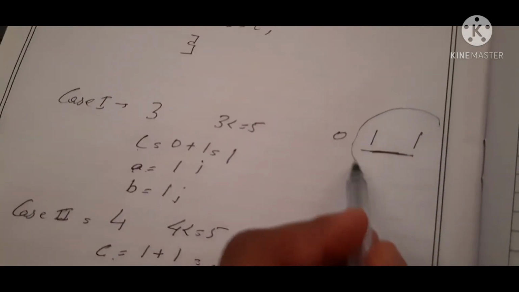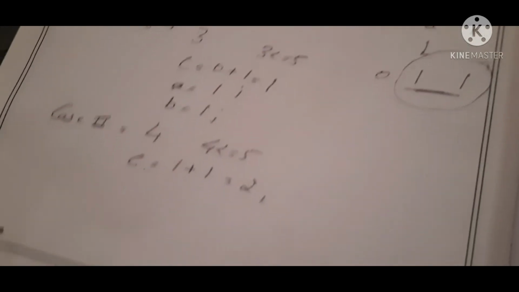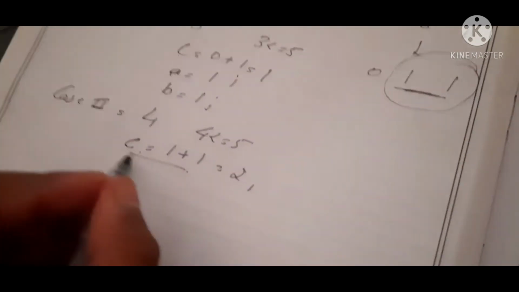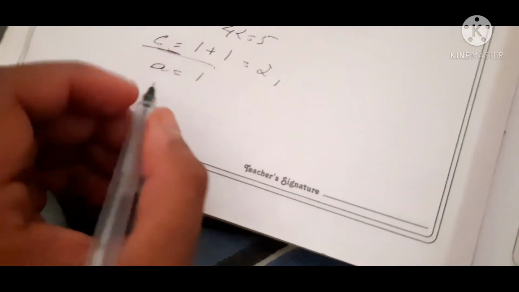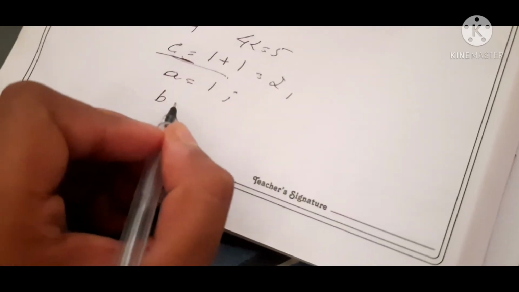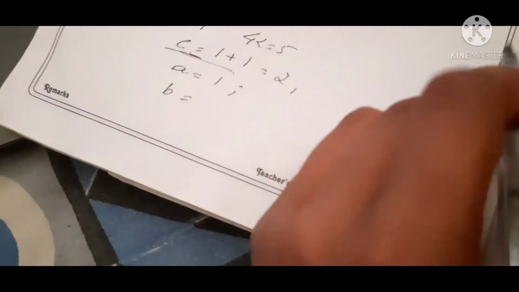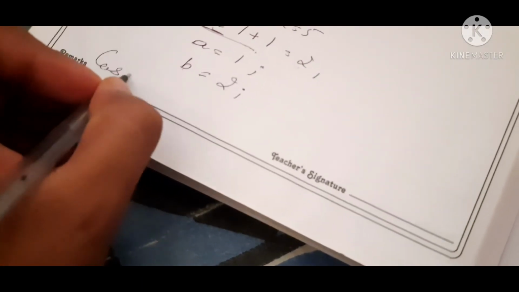Now this is the value of A and this is the value of B, and the next term is C. Now A is equal to B, so A gets the value of B, which is 1. Then B is equal to C. What is the value of C here? 2. Then again the increment statement happens.